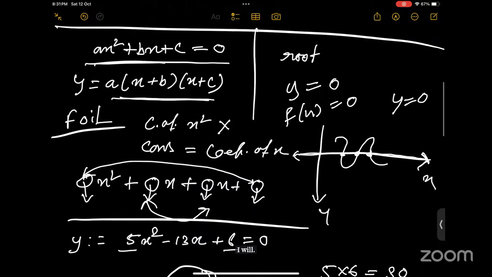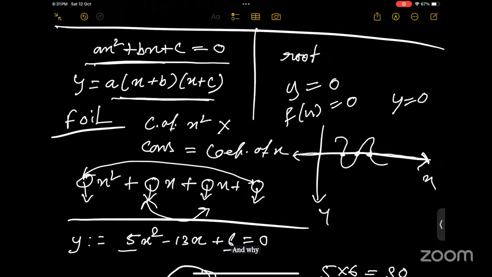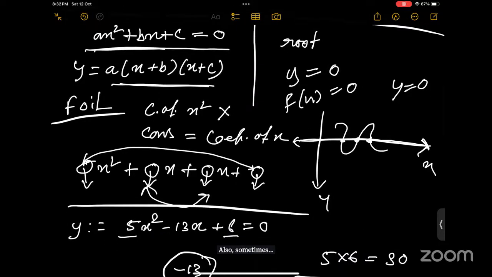So what is the FOIL method? If you have a standard form, using the FOIL method you can express the equation from standard form to intercept form. And why are we interested in expressing the equation in the intercept form? Because using the intercept form, we can easily calculate the roots of the equation. I will explain the method. So the FOIL method says that the